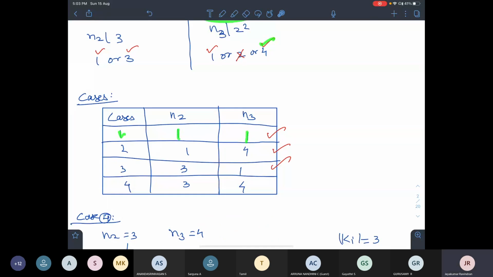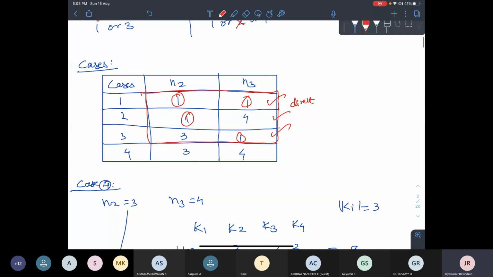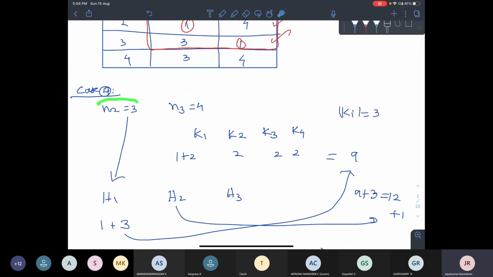Like that, yesterday I had many cases. How many cases do I have? I have 4 cases: (1,1), (1,4), (3,1), (3,4). But among these cases, these 3 are directly easy because somewhere the 1 is coming. So direct, no problem. We can say there exists a Sylow p-subgroup which is unique, so normal, so not simple. But here, the case 4, we have to see very carefully, the same thing as yesterday. So what is case 4? Where n2 is not unique, so it's 3.